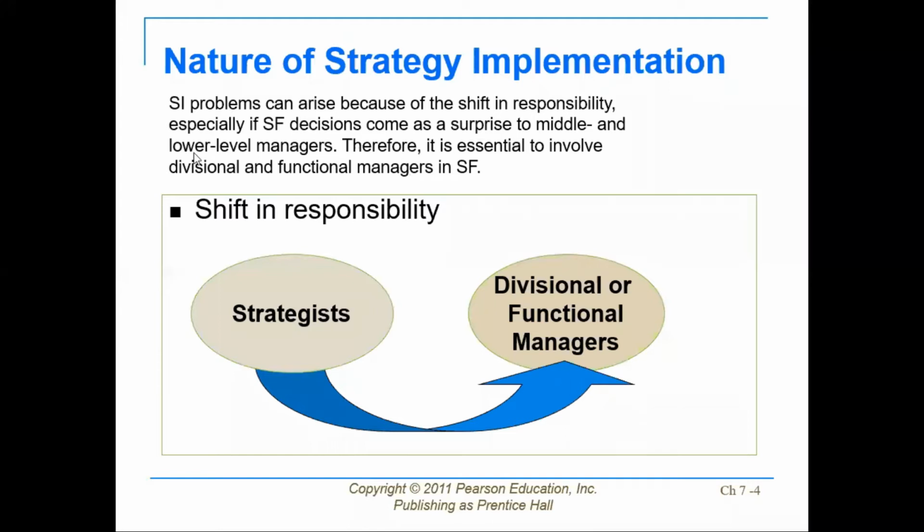Therefore, it is essential to involve division and functional managers in the strategy formulation stage. It means that when you are formulating strategies, it is good to involve some divisional and functional managers in that process. Because if you make a strategy at the upper level of the hierarchy, and after devising it you impose it on the lower level of the workforce, they could be very shockingly surprised, because they need much information and many resources